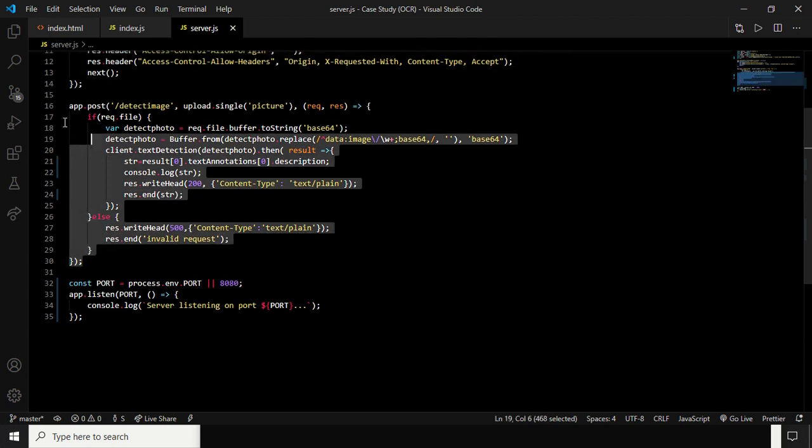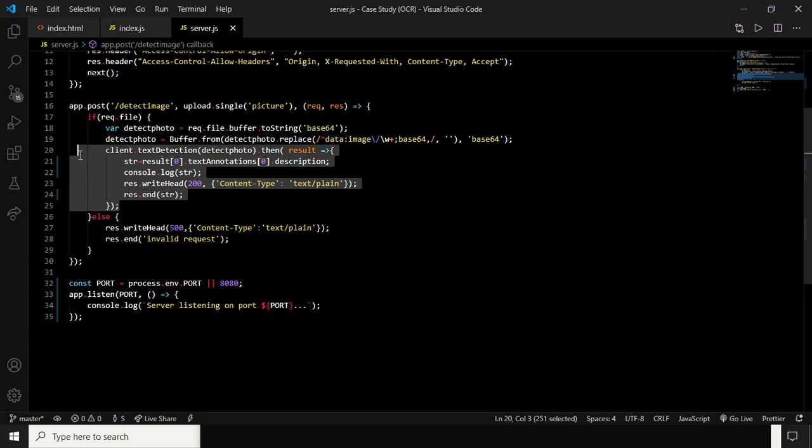Then in this part of the code, I am handling the post request to the route detect image, and upload.single is the function used to get the image part. If the file is found, then this part of the program is executed, and if it's not found, then I am returning an invalid request.